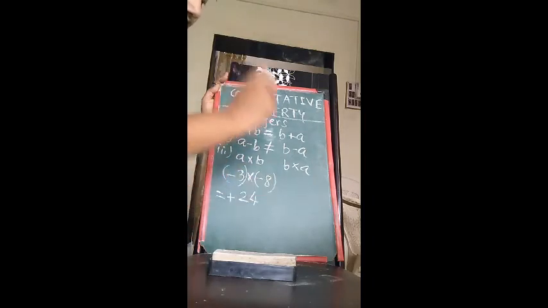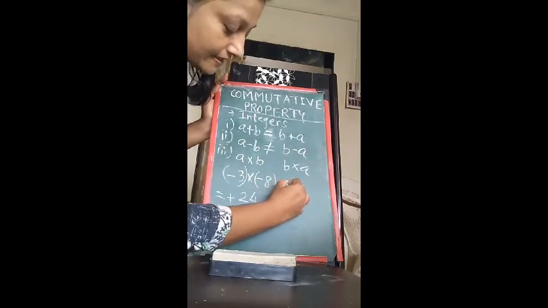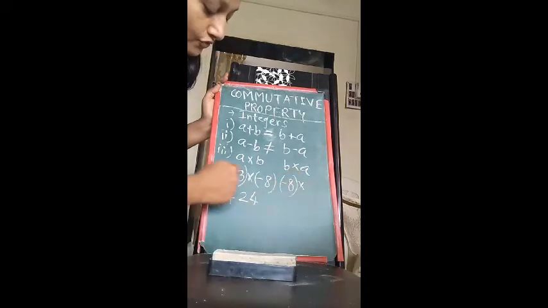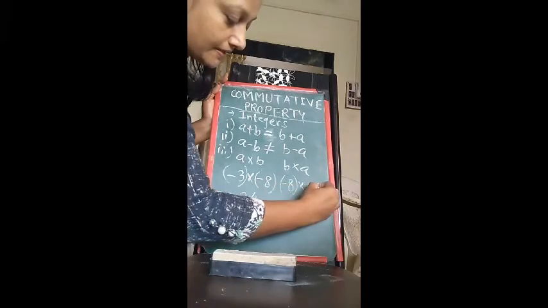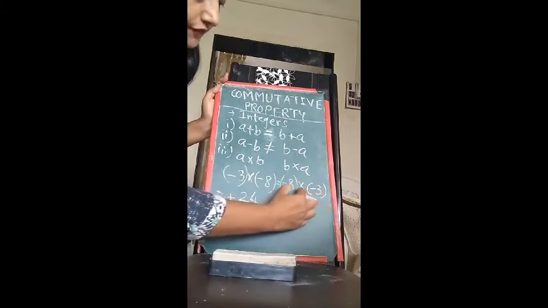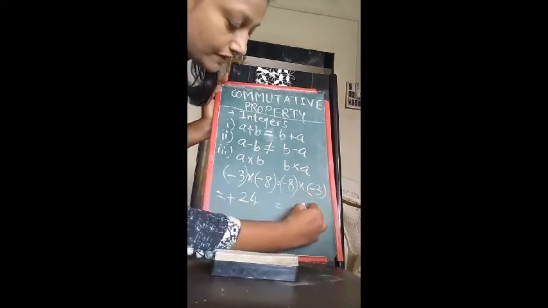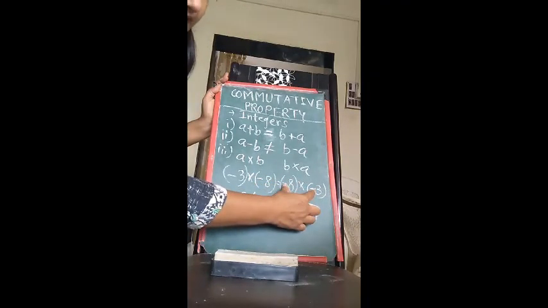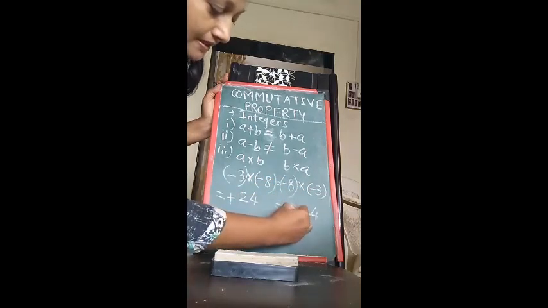Now we are going to exchange the values for b and a. So b first: minus 8 is the value given to b, multiplied by the value given to a, which is minus 3. So we are going to multiply minus 8 with minus 3. Again, this is a multiplication, so we first multiply these two numbers, that is 8 3s are 24. Again we have to check the signs also. Minus multiplied by minus, the sign is always plus.